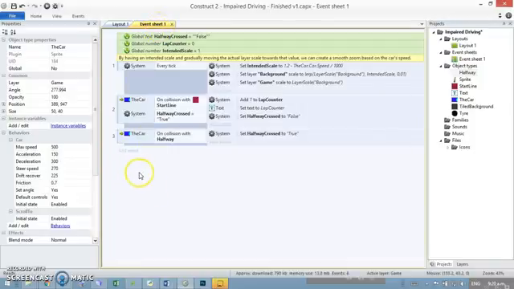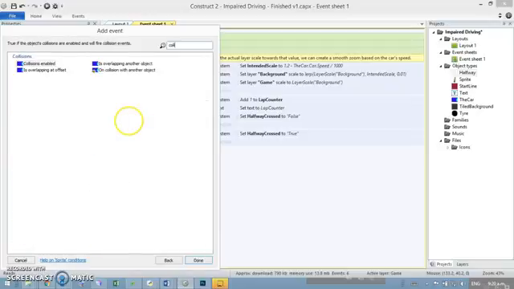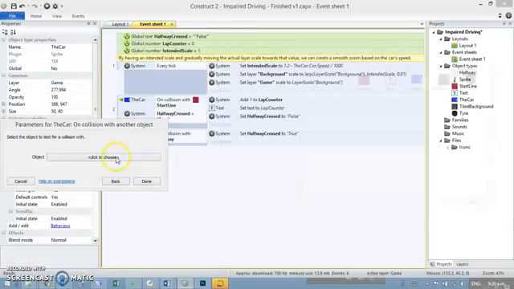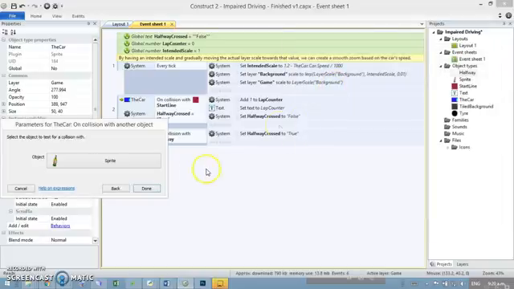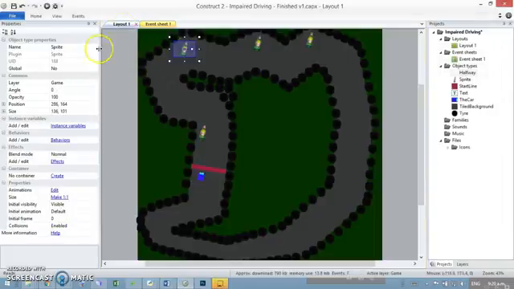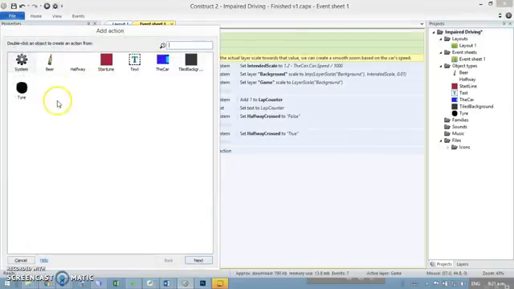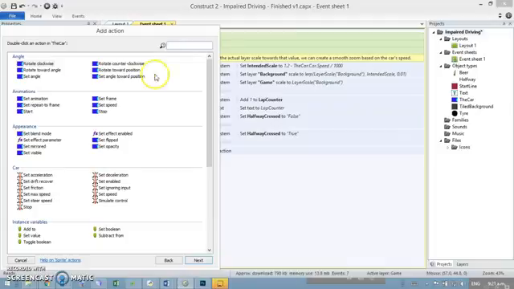So obviously it's going to be my car on collision with another object. The sprite should be called beer bottle, shouldn't it? Let's just go and do that. Beer. Good. Right. So car on collision with beer, and the action was I wanted my car